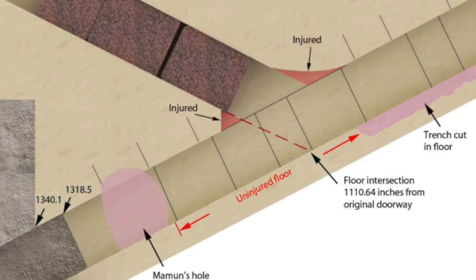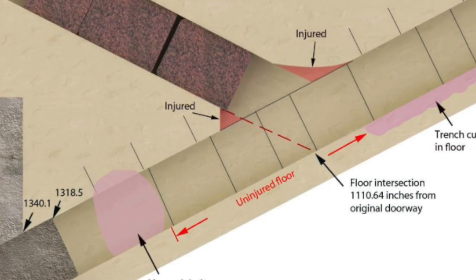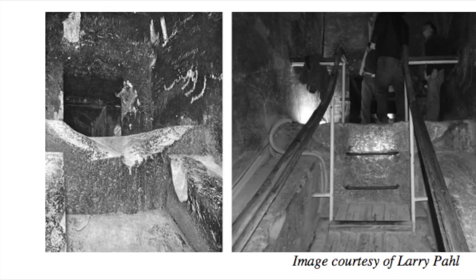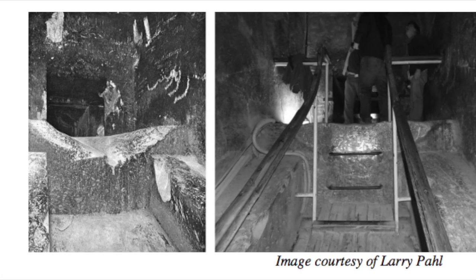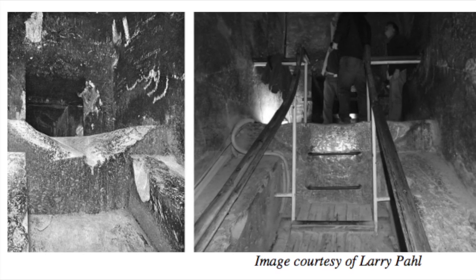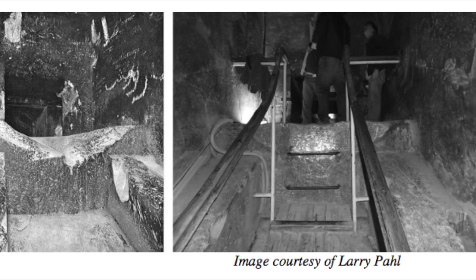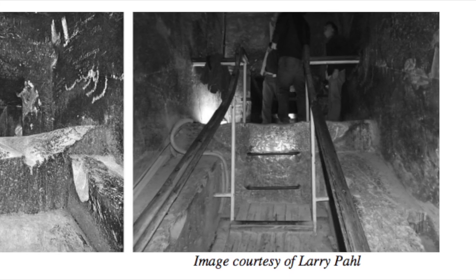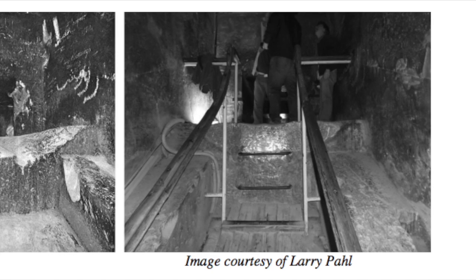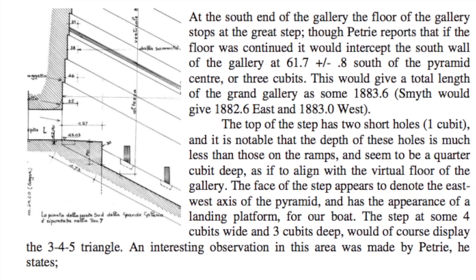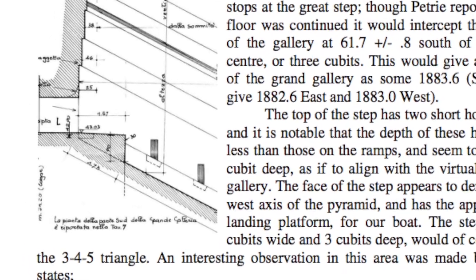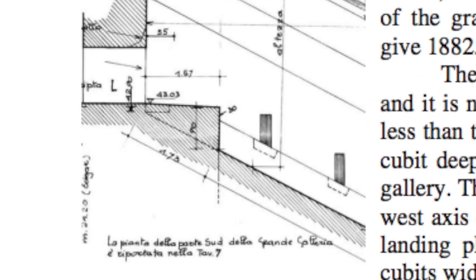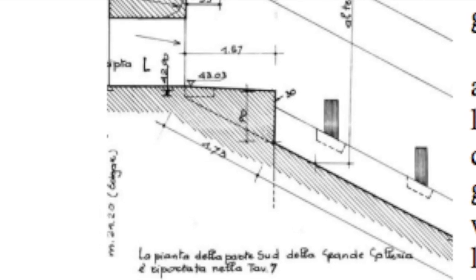One of the strongest pieces of evidence, in my opinion, is the original shape of the so-called Great Step that existed at the top of the Grand Gallery. Sadly, this has been repaired in modern times. Seemingly, it was thought that the step was damaged and it had been restored. Or if the word restored rubs you the wrong way, then perhaps improved is the right choice, having been also expanded upon with another smaller step and a railing, making it much easier for tourists to access the King's Chamber without having to clamber over this thing.